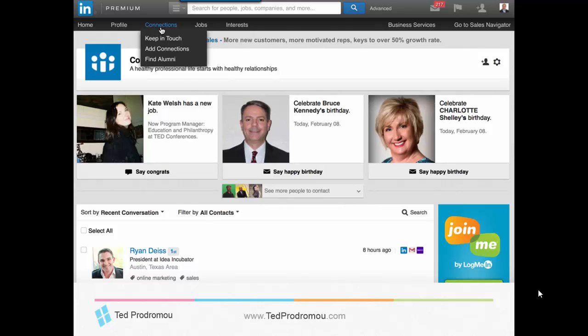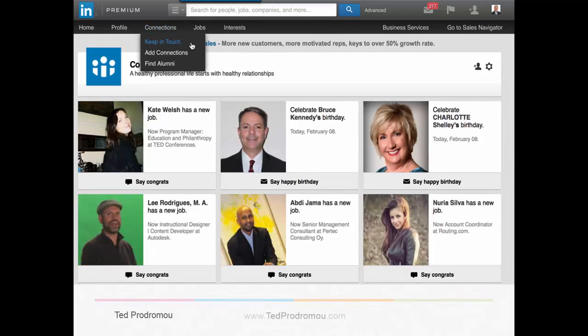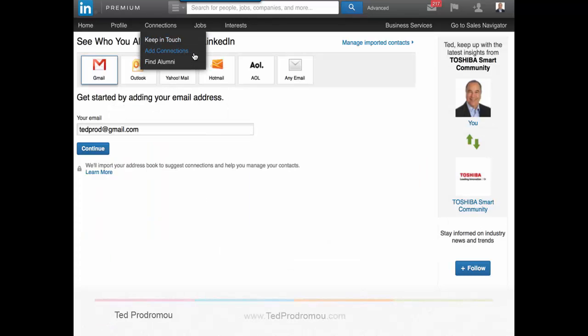And then under connections also, you can import your email contacts, which I'll do a whole video on. Because if you have a database of email connections, you definitely want to be connected with all of them on LinkedIn. So you can import all that, and LinkedIn will tell you if you're connected on it and make it really easy to connect with them. Here's the keep in touch. Like I just mentioned, just say congrats to these people, spend a couple minutes a day, and it works.